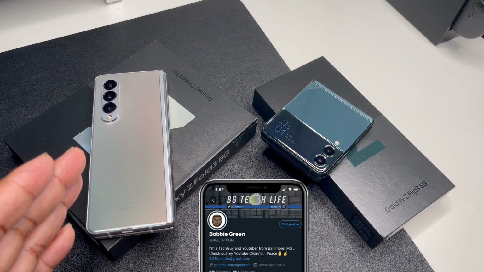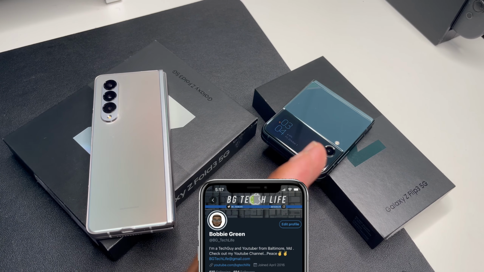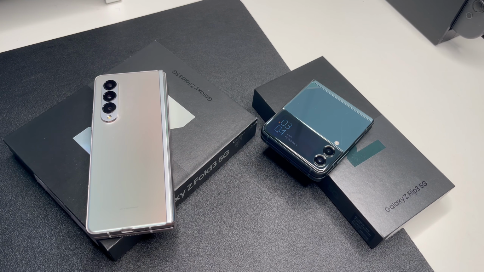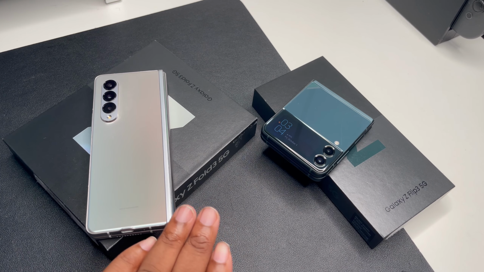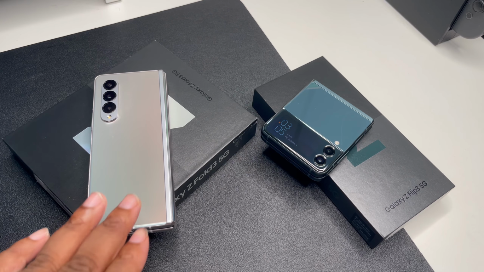Here is the two foldables from Samsung, the Galaxy Z Fold 3 5G, and we have the Galaxy Z Flip 3 5G. Now, I know sometimes as techies, I'm a tech enthusiast, really into tech, I get really deep into some of these products. But today, I just want to make a comparison showing the difference to average consumers between these two